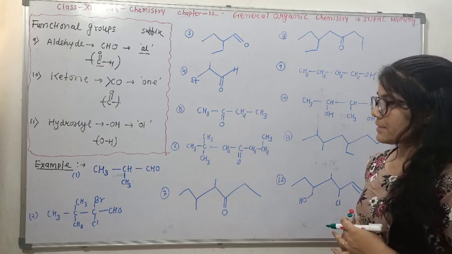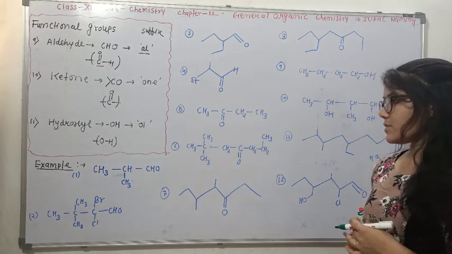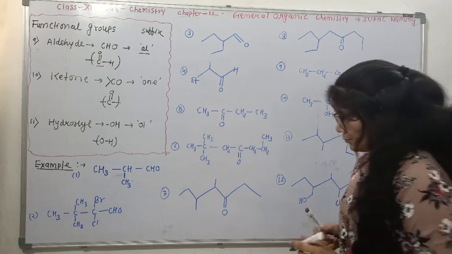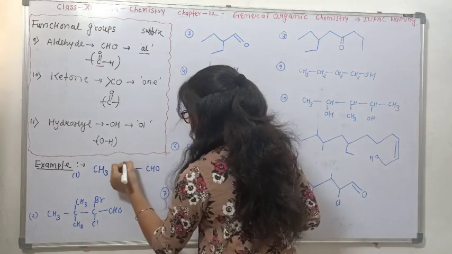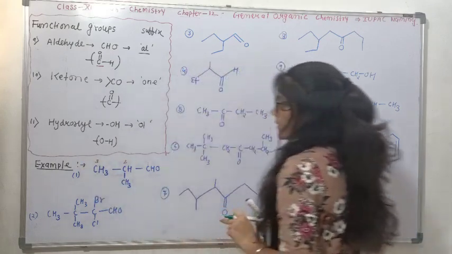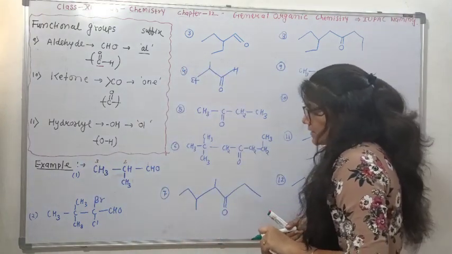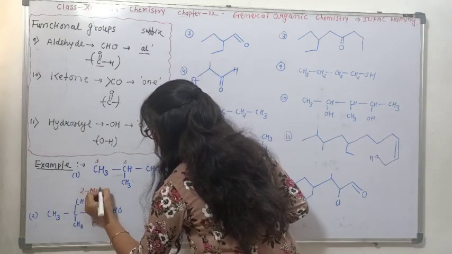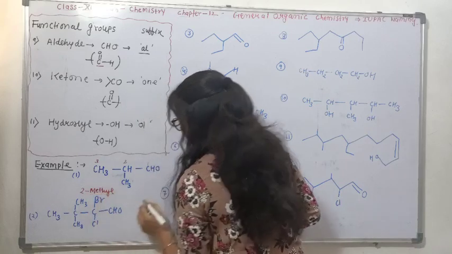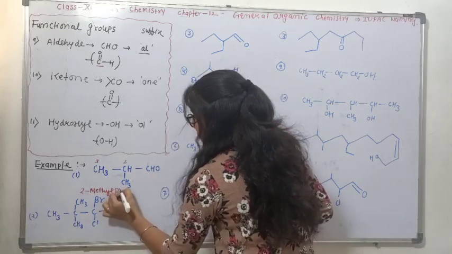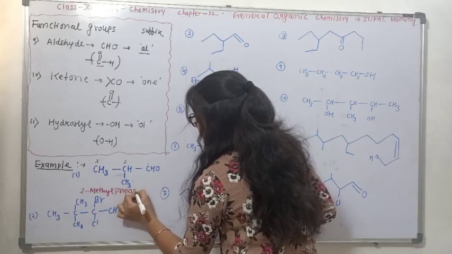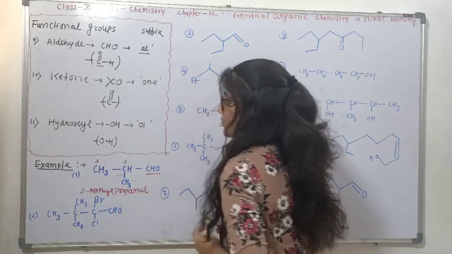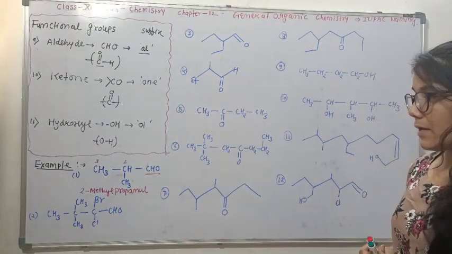First compound, you can see, find out the longest carbon chain. It's just a 3 carbon chain. So let's just name the compound. 1, 2, 3. Okay, that's a 3 carbon chain. You can easily name this compound as 2-methyl, and this is propane, and the suffix is -ol. So the name of the compound is 2-methyl propanol.